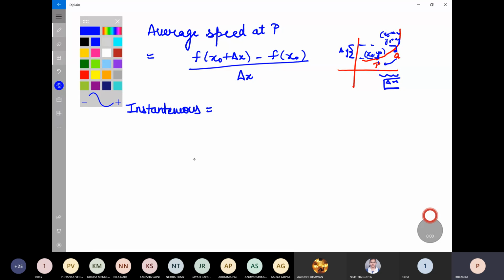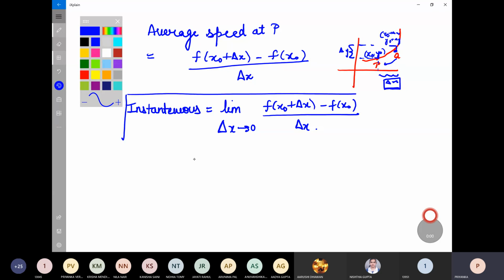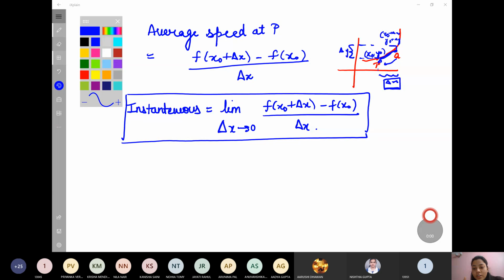दैट मीन्स वी आर टेंडिंग दिस एज 0. तो इसी में अगर मैं चेंज कर दूं दैट लिमिट डेल्टा एक्स टेंड्स टू 0। सो ये जो अब मेरे पास एवरेज रेट ऑफ चेंज था वो क्या बन जाएगा, दैट विल बिकम द इंस्टेंटेनियस रेट ऑफ चेंज। इसी को हम डेरिवेटिव कहते हैं ऑफ द फंक्शन y with respect to x और the function f with respect to x, क्योंकि जो अभी मुझे चेंज मिल रहा था वो एवरेज से कन्वर्ट होकर क्या बन गया, एक इंस्टेंट पर बन गया। तो डेरिवेटिव डील्स विद द कॉन्सेप्ट ऑफ फाइंडिंग द चेंज इन वन वेरिएबल विद रिस्पेक्ट टू अनदर वेरिएबल एट अ पर्टिकुलर इंस्टेंट। वो एवरेज नहीं देगा, वो आपको हमेशा इंस्टेंट पर चेंज बता देगा। नाउ मैं आपको क्या बोल रही थी कि ये फर्स्ट प्रिंसिपल होता है, इसको फर्स्ट प्रिंसिपल भी कहा जाता है, फर्स्ट प्रिंसिपल ऑफ डेरिवेटिव।